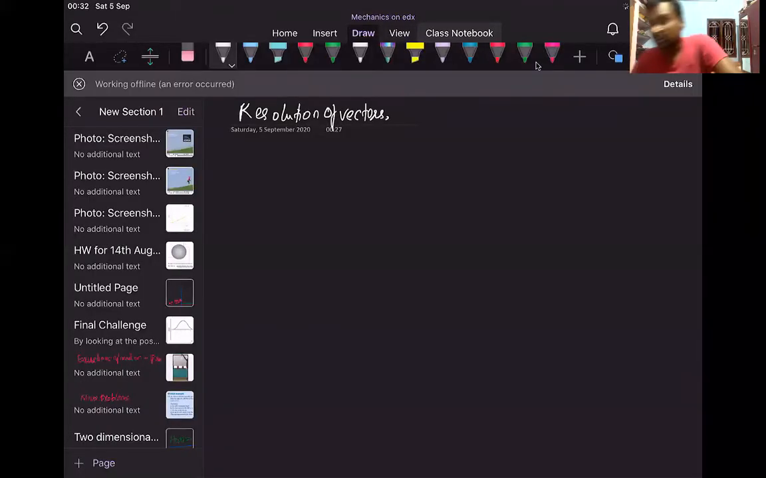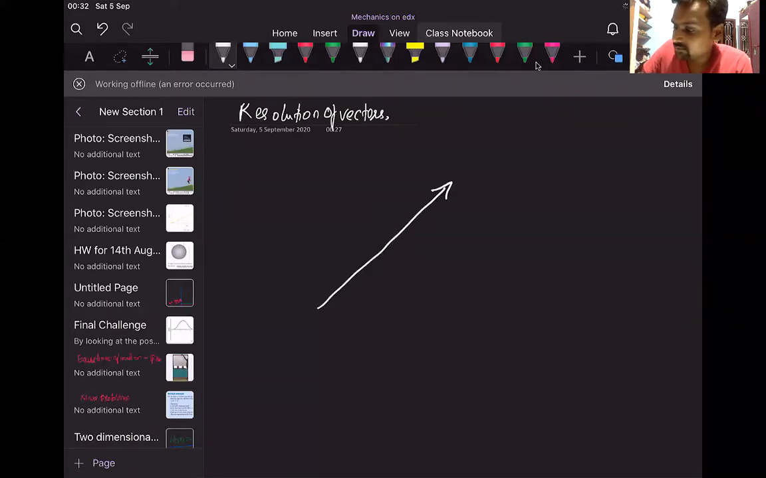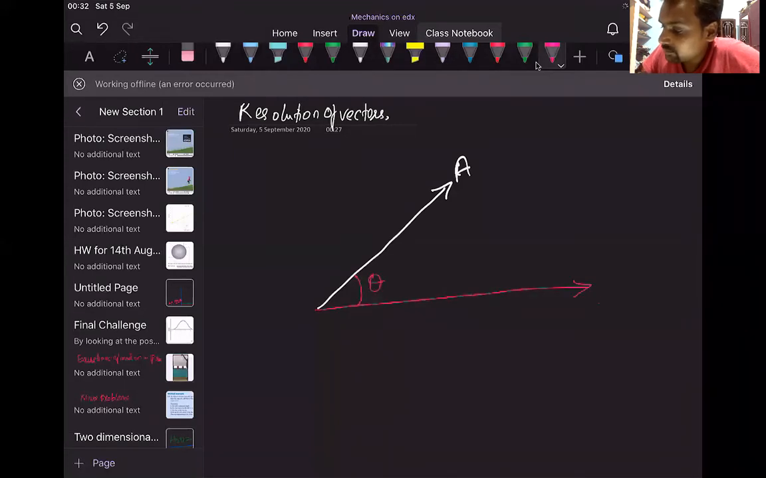All right. So I'll quickly share my iPad screen. Okay, so let's say there is a vector by name A, which is located such that it makes an angle theta with respect to the x-axis. In that case,